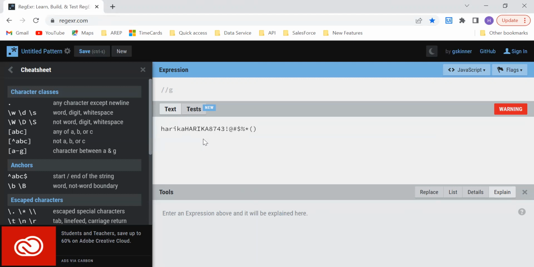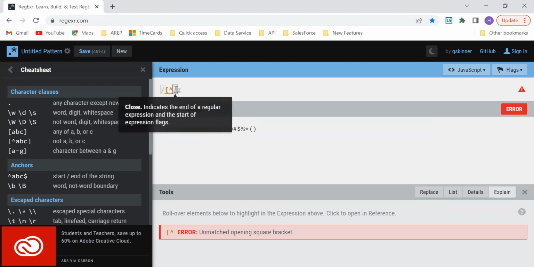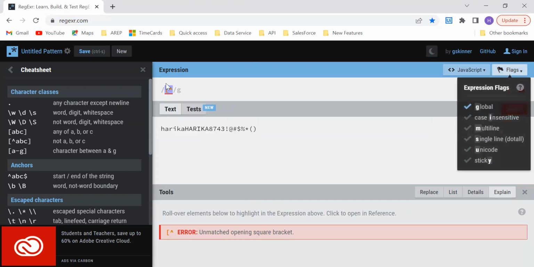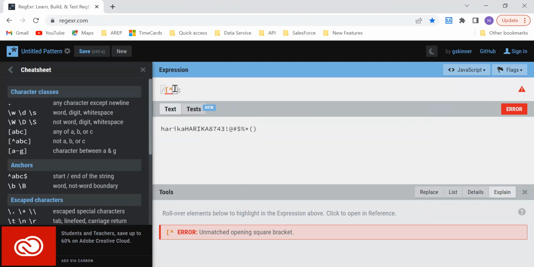Okay, so once this is done, now I'm going to write the regex here, so that it should eliminate these particular special characters, right? So for that, let me show you how you can start. This is a particular expression that you can start with. So what exactly this means is, this is a negation symbol. Okay, so this will negate everything whatever you don't want it to include. So I'm telling it, just negate my